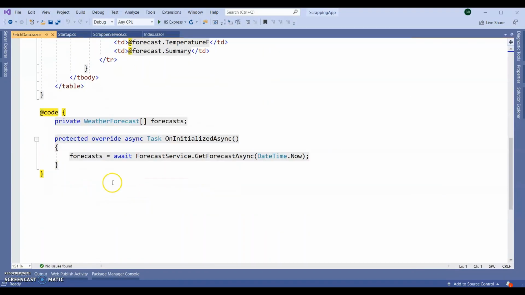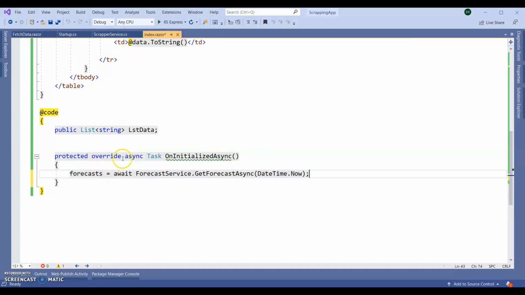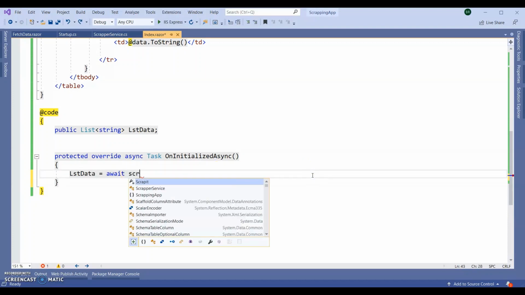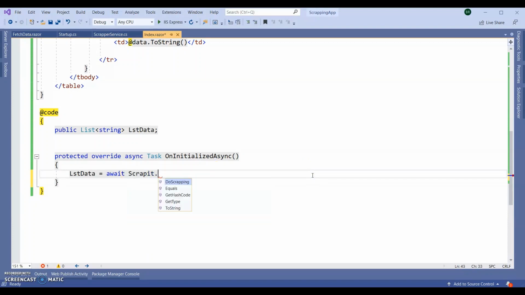So here it is added like this. So I want this data, scrapeIt dot DoScrapping. Okay, now everything is fine.